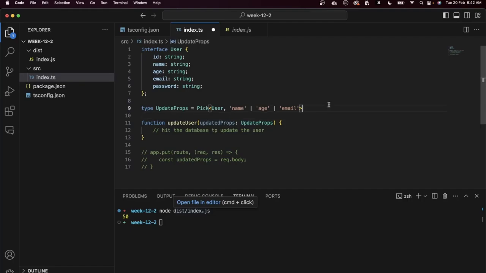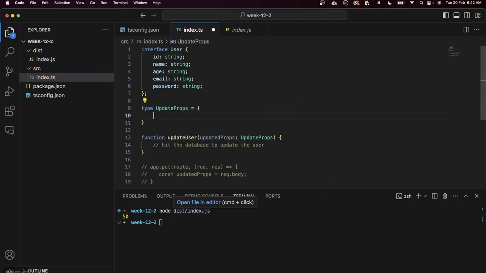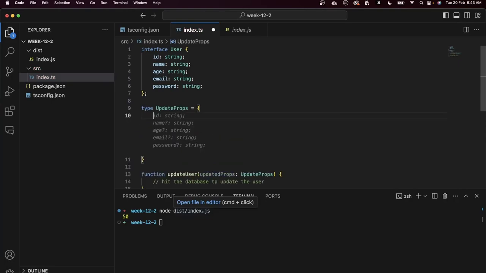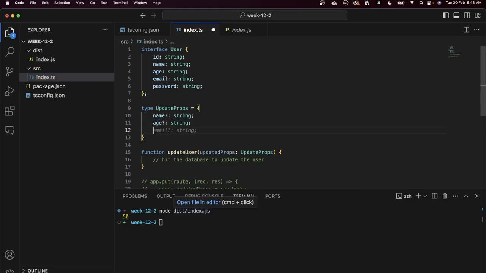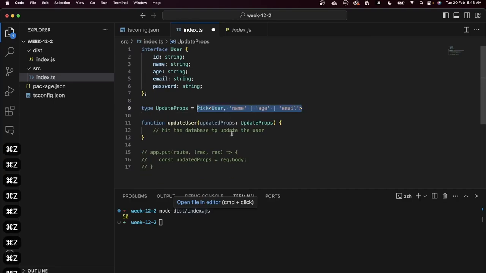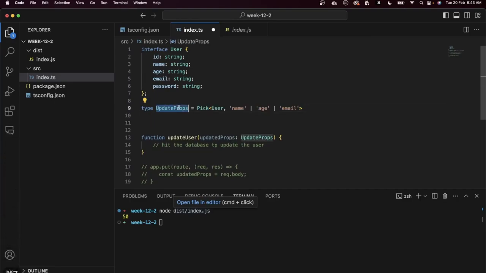You can either create a fresh type, so you can not pick and do the same thing we were doing before. Okay, name optional, age, and then password optional. You can either do this, or again, the problem here remains the same. If you change something here, you need to change it here as well. So what you can do is first pick the values that you need and then create a type